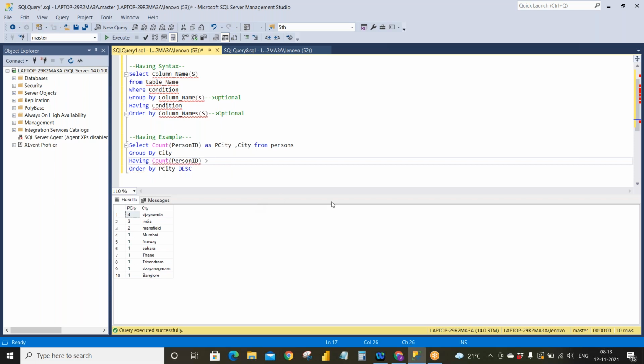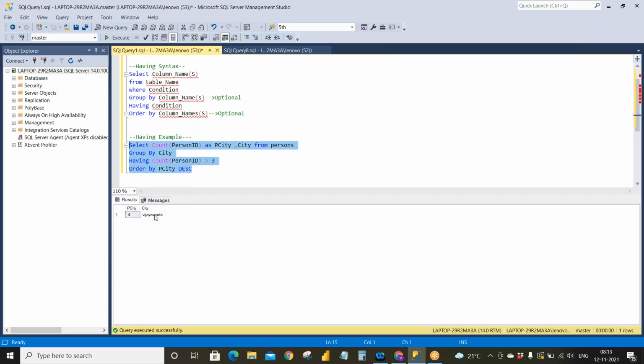I'll give the condition over here, greater than 3. So what it means is it will retrieve me the data where my persons are greater than 3, like where the persons live in the same city whose count is greater than 3.